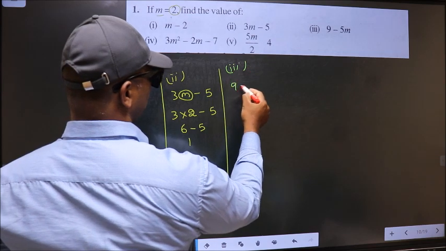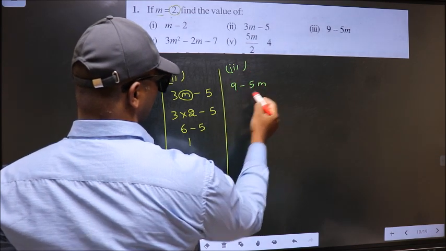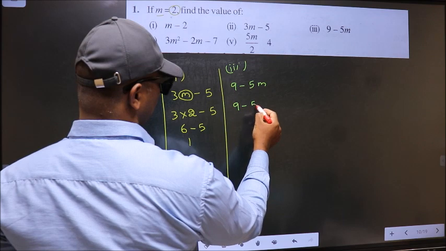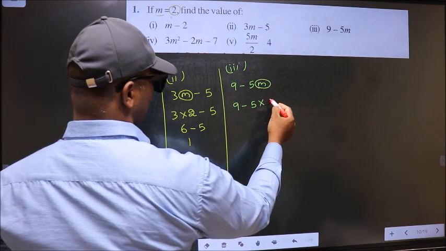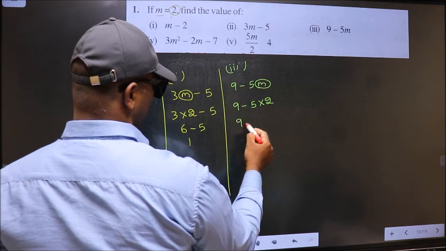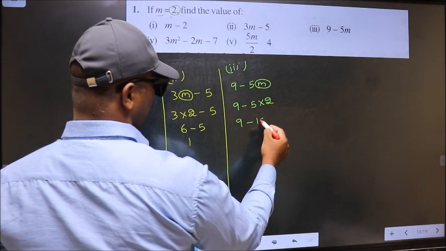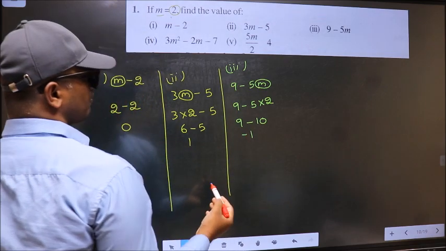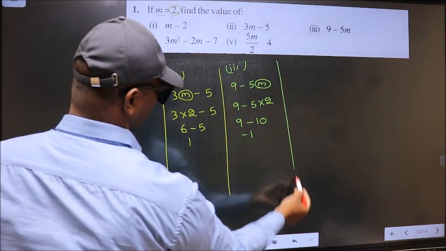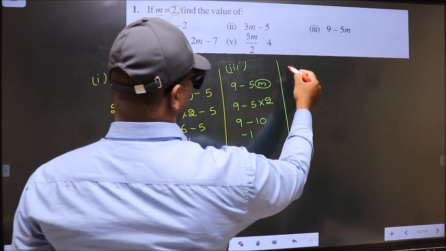9 minus 5m. So 9 minus 5, in place of m you write 2. So 9 minus 5 into 2, 10. 9 minus 10, minus 1 is the answer for the third bit. Now fourth bit